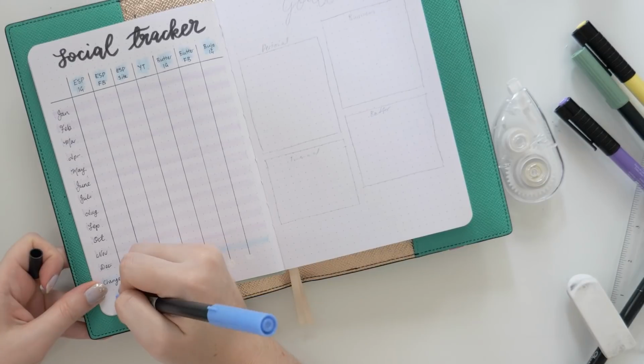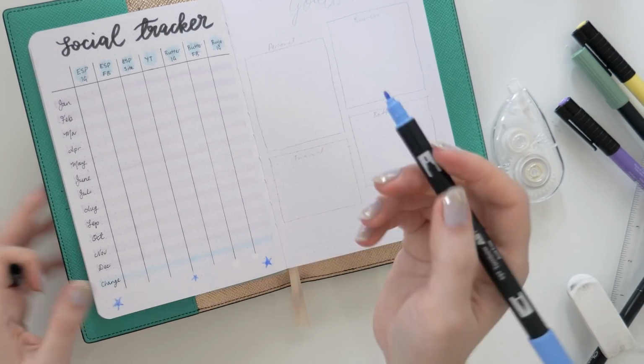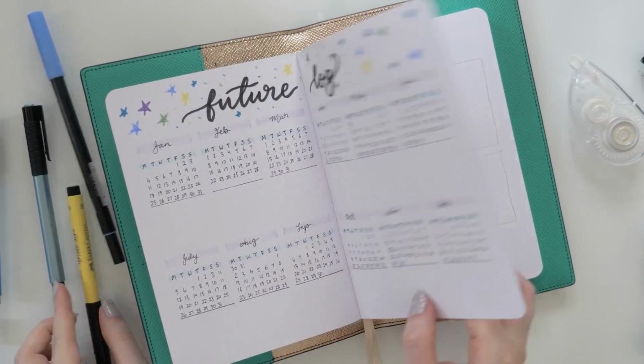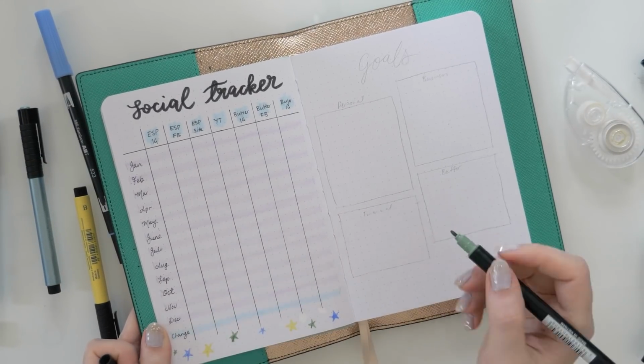Adding some more stars along the bottom because everything has to tie in. And I didn't think about it at the time. I was thinking, yeah, down the bottom's fine, but I'm going to come back and add some stars along the top too. I'm just not feeling very linear today as I set this up, so I'm actually going to jump